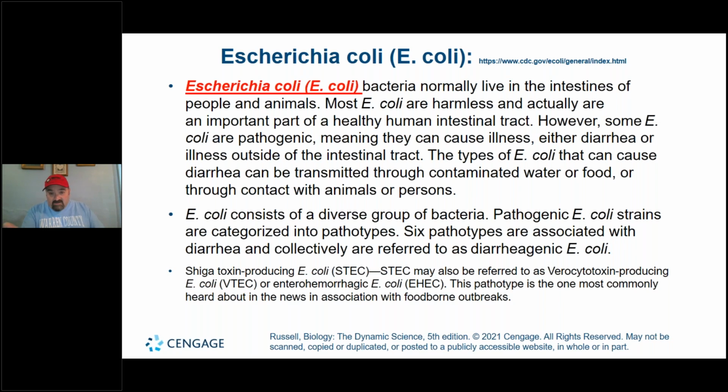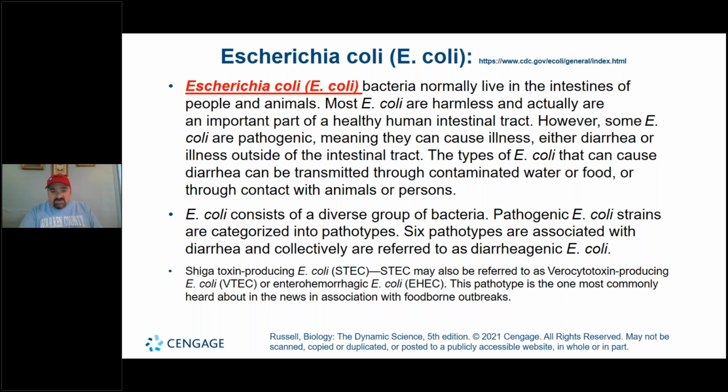E. coli, one of the different microbes, is very healthy for us, needed. In particular, vitamin K is synthesized and produced as a result of E. coli being present within our colon, and this is important for our ability to clot blood and such,